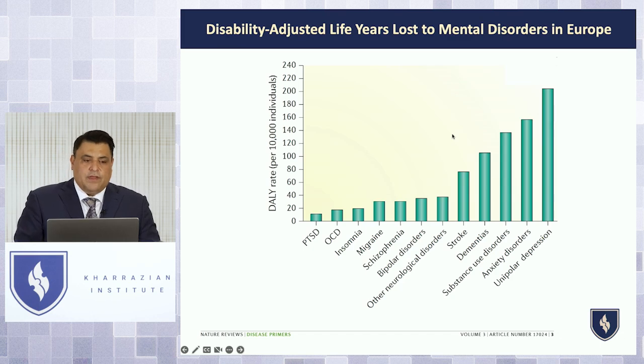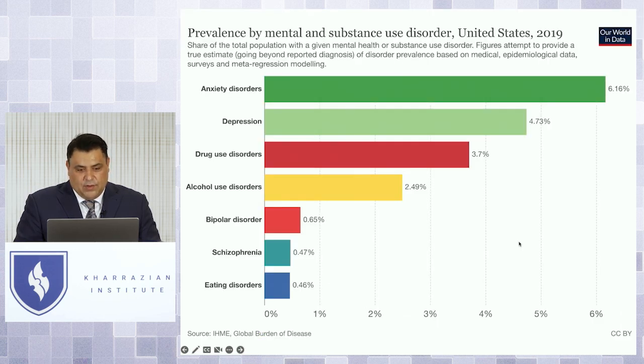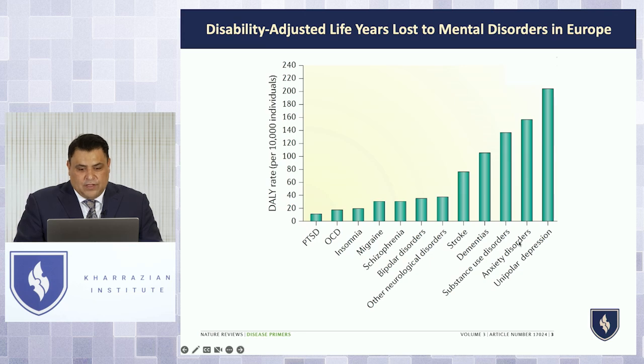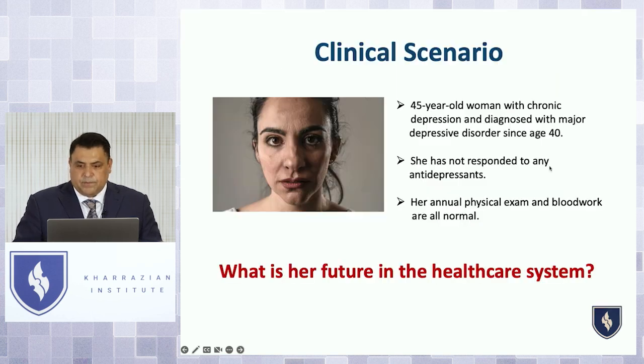So overall, when we look at the impact of mood disorders and disability, we can see a couple things. Anxiety is actually much, much more common in most of these earlier data, especially in the US, than depression. But then when you look at Europe, you can see unipolar depression is a little bit higher than anxiety, but anxiety and depression are the two most common mood disorders.